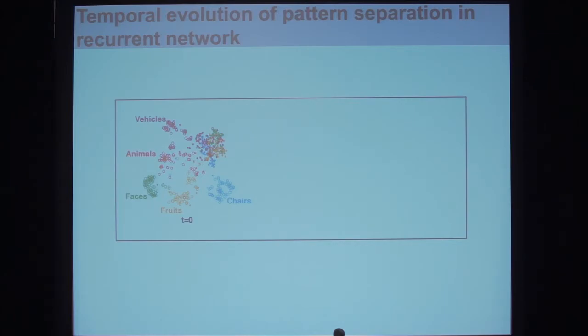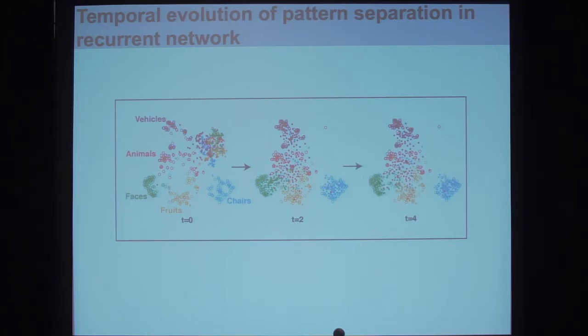Here's the pictorial rendering that I showed before for all of these different categories. And this is what happens in this network over time, because now with recurrency, the network changes its state over time. And you can see that over time there is better and better separation of these heavily occluded objects, which suggests that we may be able to recognize them at the computational level.